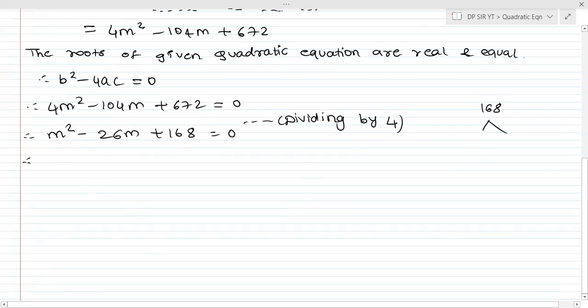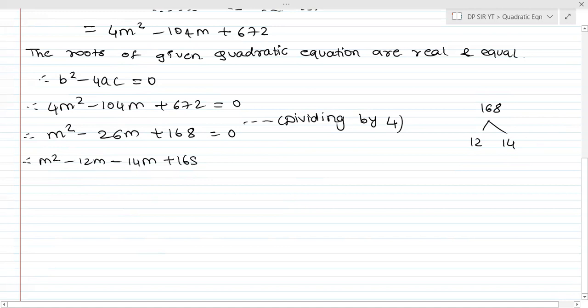So which are those two numbers? If you don't know, at present I'm just giving you the answer since it's a pre-recorded lecture, but I want you all to solve and find it out. Okay, so 12 and 14 are the two numbers, so therefore m square minus 12m minus 14m